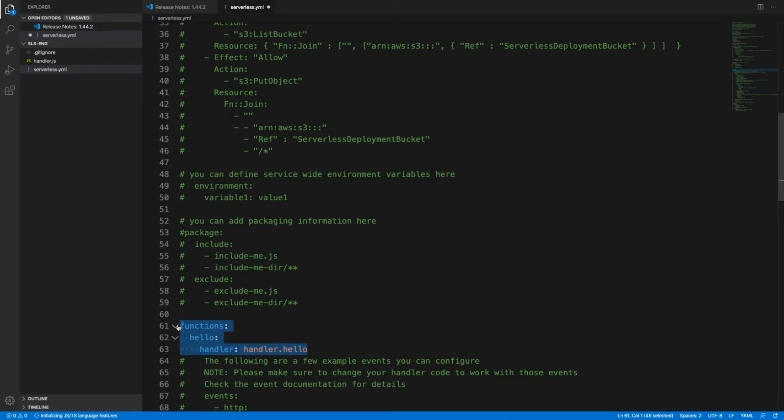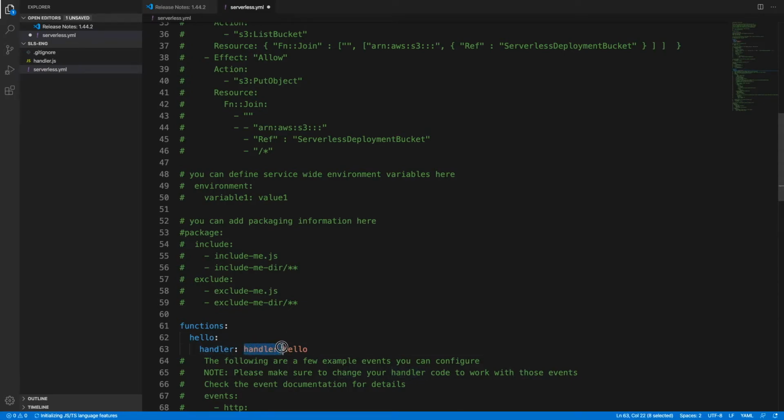Then whatever we name that function, we just have to assign here those function details and the path, whatever the path of that function is. As you can see, this is a function, this is hello, and handler.hello. This is the function name, and this is the path of that function.